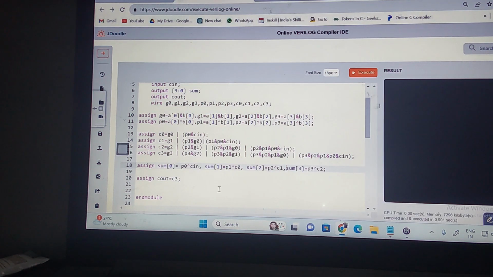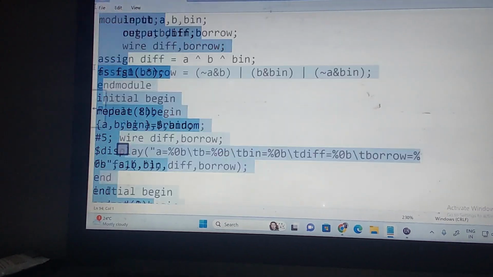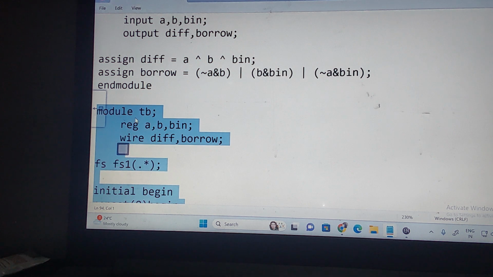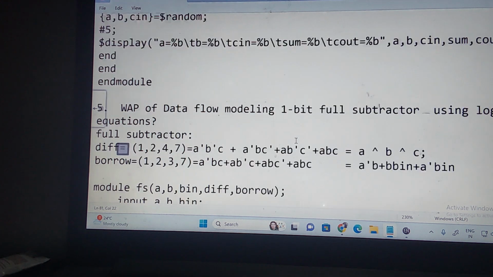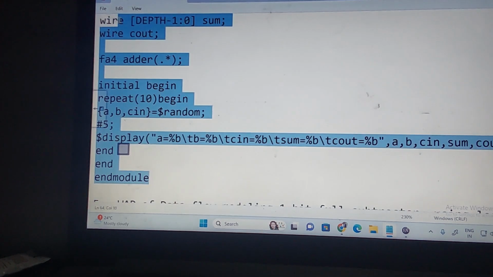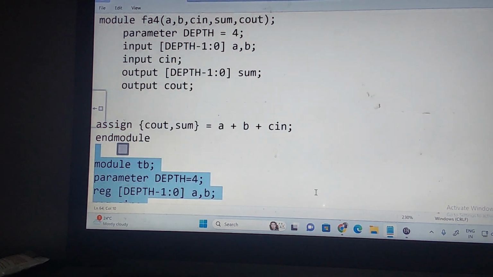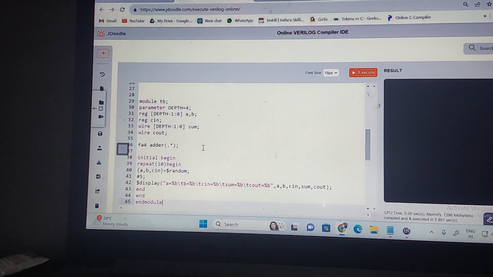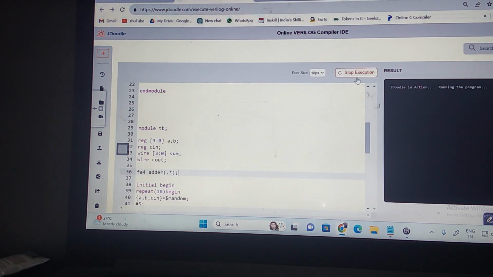Now I can use the same test bench which I'm using for the 4-bit parallel adder. I need 4 bits of A, 4 bits of B, then I need the result: sum and carry out. Let's copy this test bench. This is my design and this is my test bench. Here, let us remove this. However, later you can modify by using tick define and create a generic method for 4-bit, 8-bit. Now let us run this.